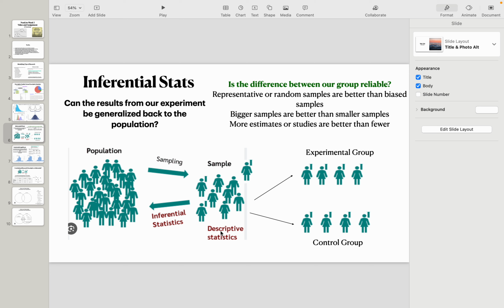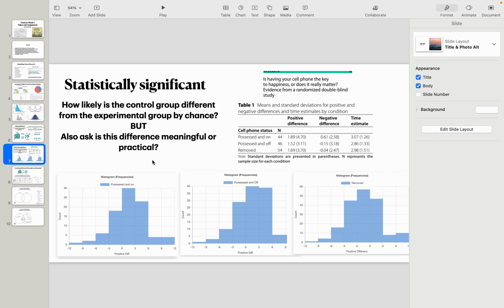I can describe these guys, I can give the mean, the median, the mode, the standard deviation, but when I want to analyze the difference between these two groups to say something back about this population, that's where it becomes inferential. All right, now,